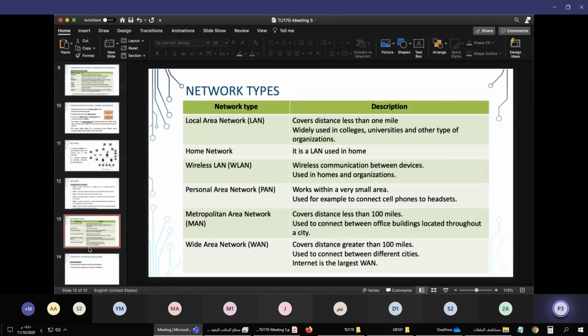Personal area network, PAN, works within a very small area, used, for example, to connect cell phones to headsets. Also another type of network,